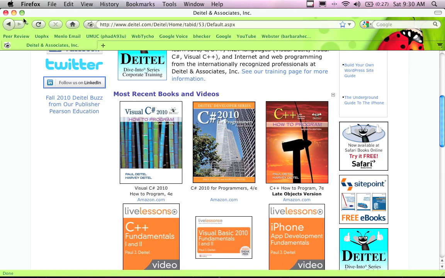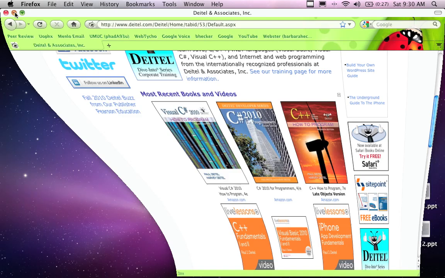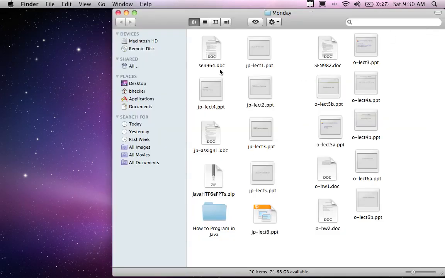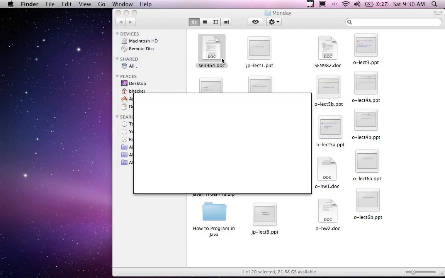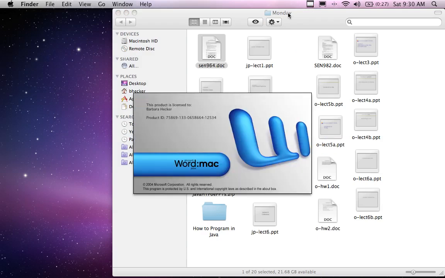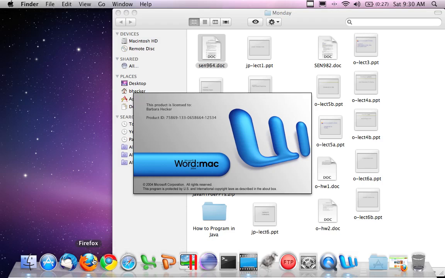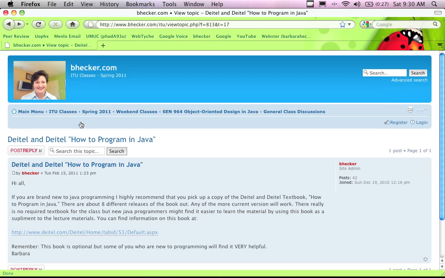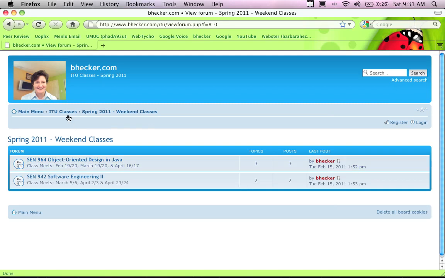So let's talk about what is needed for the course. And I'll go over the syllabus and what you've signed up for, essentially. So you're in object-oriented programming in Java. And the syllabus is downloadable from this website, as we've seen here. Let me go back to the website and show you. If you click on Spring 2011, oops, I think I want the weekday. If you go back through the weekday session,